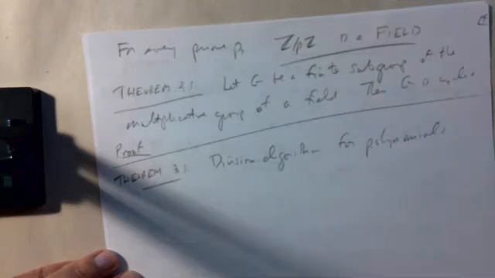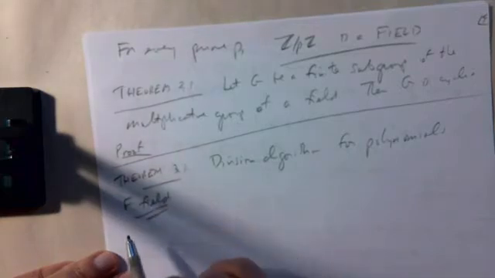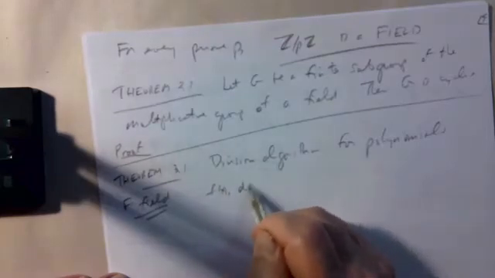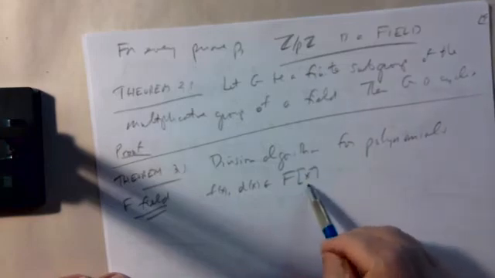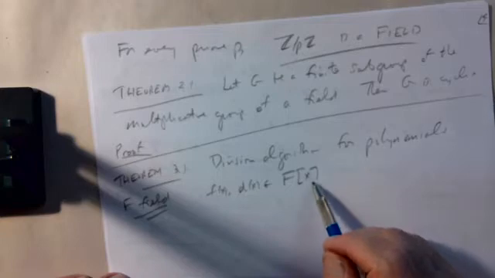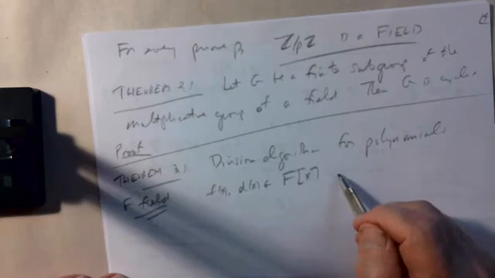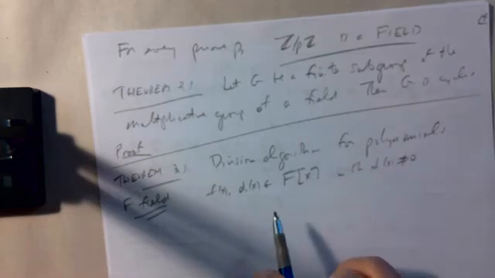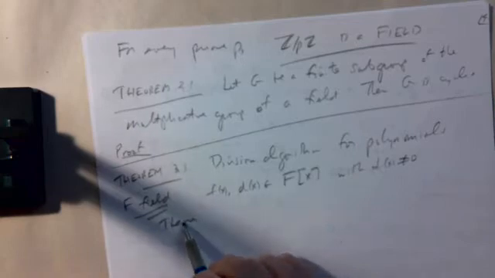For polynomials. So you take F to be a field, that's important. And f of x and d of x are polynomials with coefficients in F. That's F square bracket x, means the set of all polynomials with coefficients in the field F. And d of x is not the zero polynomial. 0 is a polynomial, but d of x, what we're dividing by, is non-zero. So there exist,